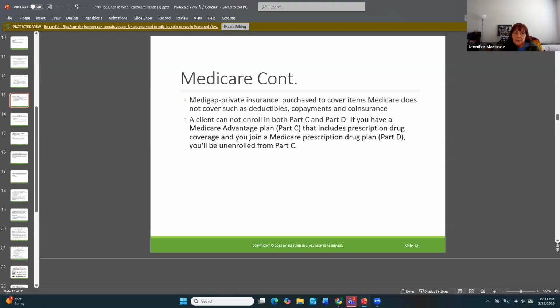So when we look at Medicare supplemental, because there's lots of things that Medicare does not cover. All right. So a lot of people are encouraged to get these supplemental insurances. The supplemental insurances can help you pay for the copays, the deductibles, the co-insurance, that kind of thing. So you're entitled to Medicare, you meet the requirements for that, but there's still going to be plenty of out-of-pocket costs.